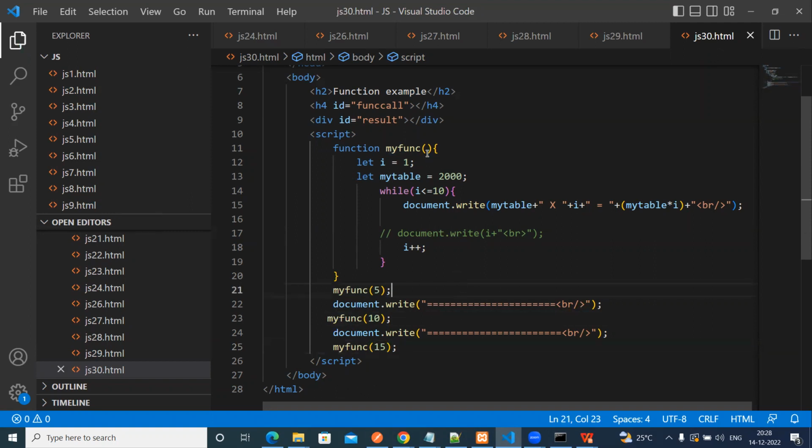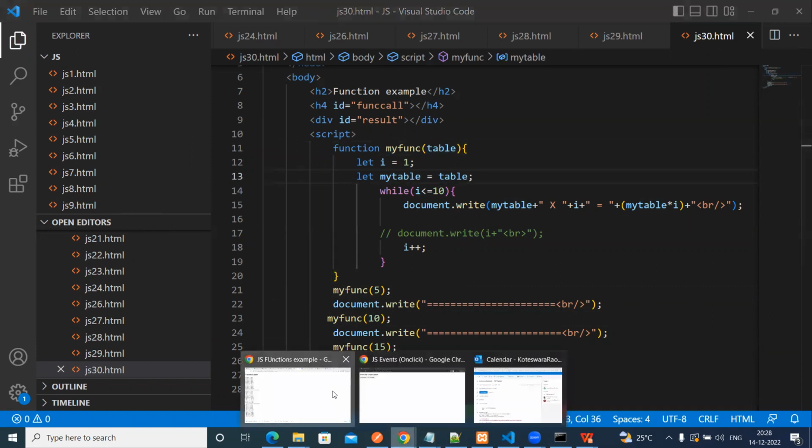Okay. So now here it's a table, right? Which table do we want? A table parameter. So there we can pass this one, so we can append this one to my table. Okay. Now you can see